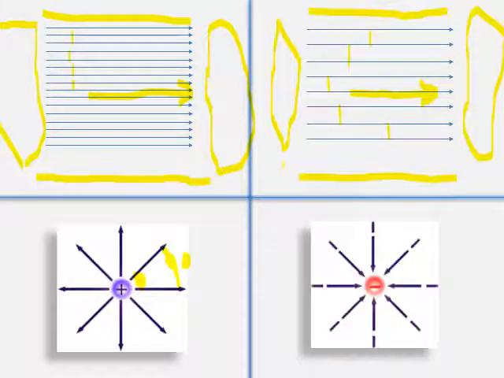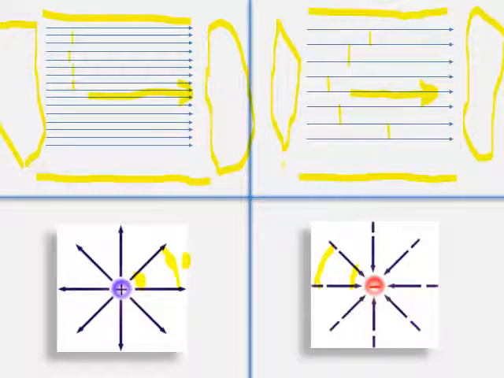And that is true for a negative charge also. The electric field of a negative charge is strong when you are close to the charge, and the electric field of a point charge is less when you go away from the point charge, and that we represent by increasing distance between the arrows, the distance between the field lines.